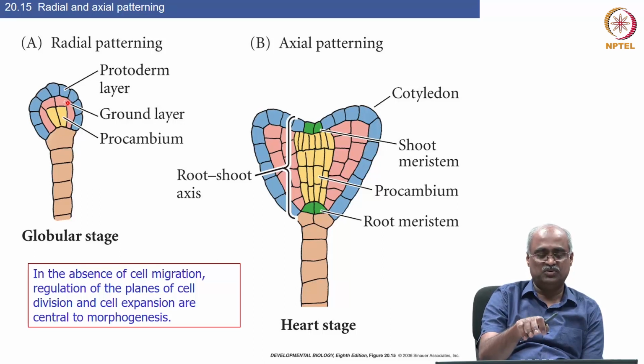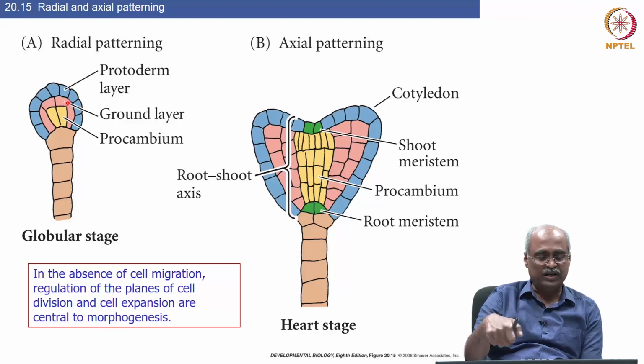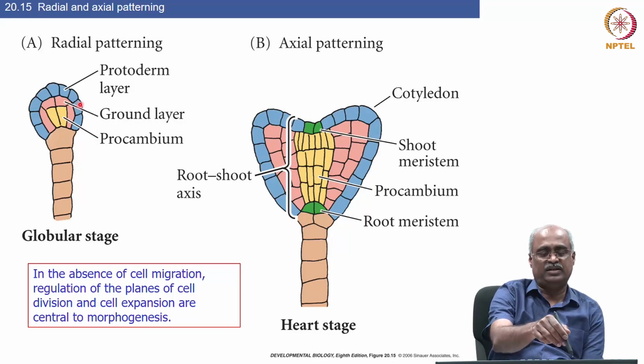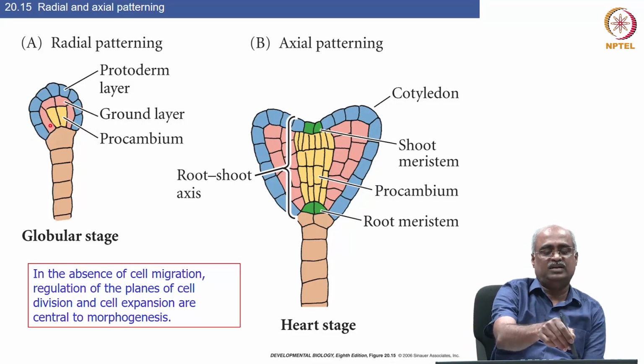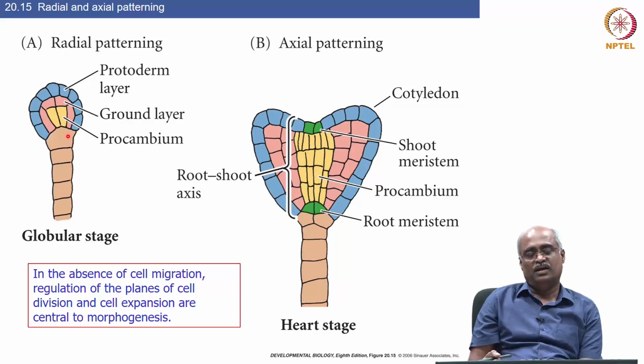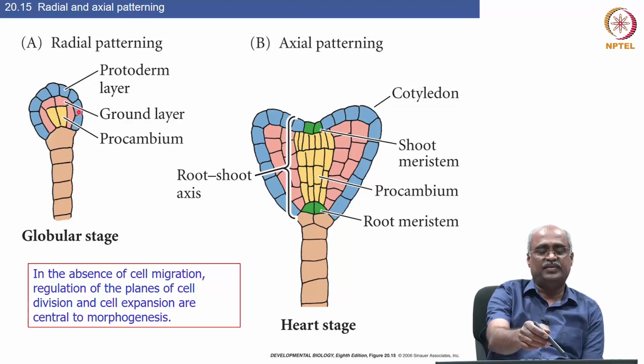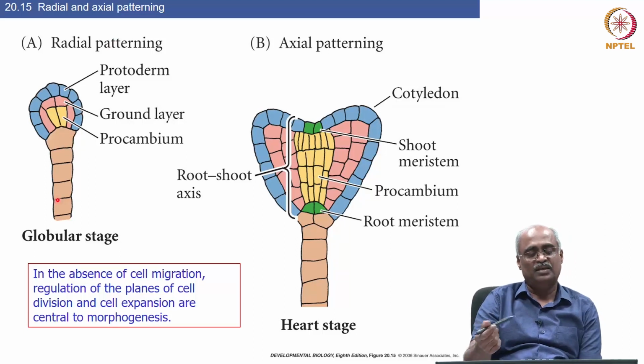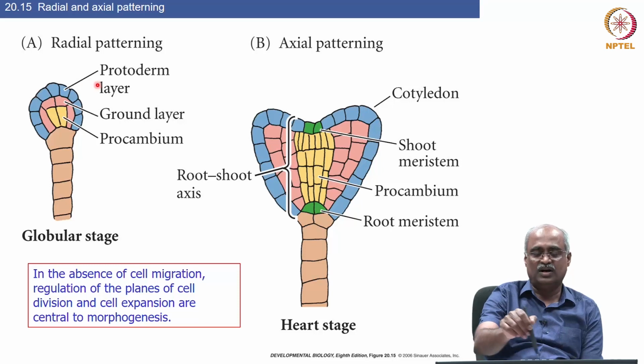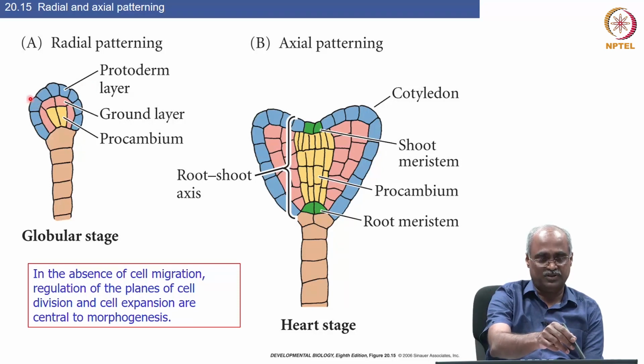The portion between the vascular tissue giving cells and the outer periphery, that is the dermal tissue, the in between layer, is the ground layer, and that is this ground tissue. Then you have the procambium, which gives rise to the vascular tissues, that is xylem and phloem, for conducting water and food respectively. So this becomes clearer at the globular stage itself. And once the cotyledons are going to form, cotyledons do not form only from the protoderm, it is derived from the general embryonic